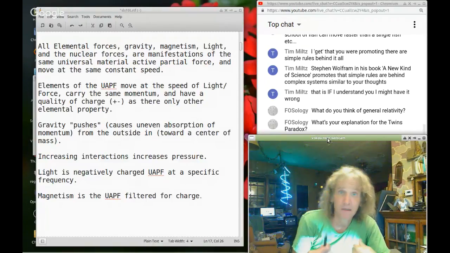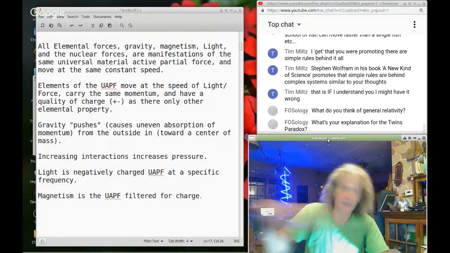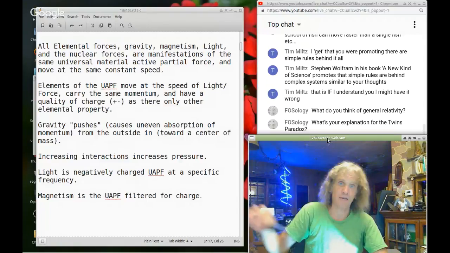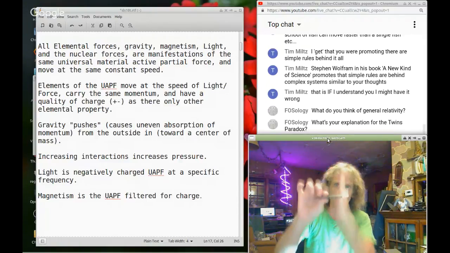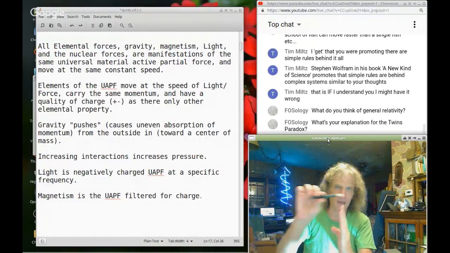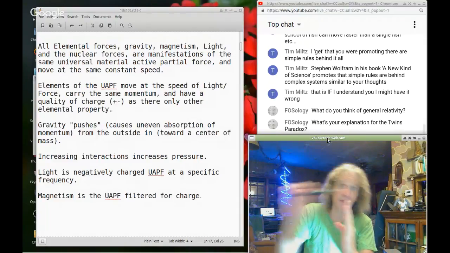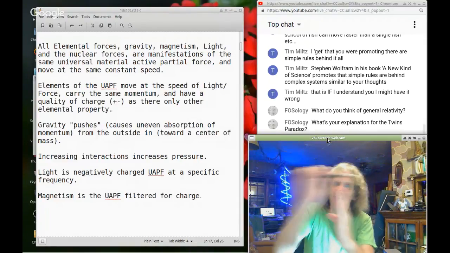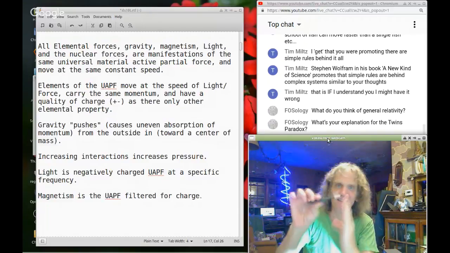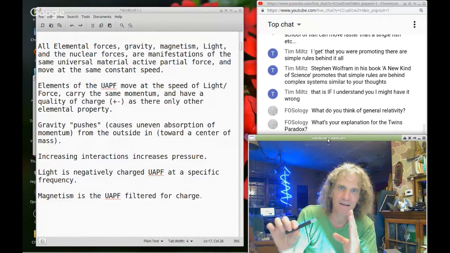If I'm moving in a spaceship at half the speed of light, and there's a laser beam going right in front of me, okay? So I'm stationary, right? And I'm going this way. And there's a laser beam going back and forth in front of me. And now I start accelerating. They think the laser beam keeps doing this. When no, it doesn't keep doing that. The laser beam bends and goes right into me.